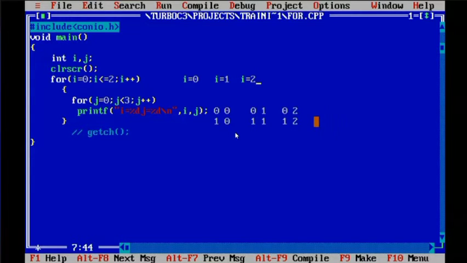Okay, so what will be the output for the next time? The next time the output will be I equals to 2, j as you said, j remains the same. You can understand the matrix now properly. So again j will become 1, I will remain the same, that is constant for this execution, and this will become 2. Now if you execute for 2-3 iterations, you can understand, j value remains the same, 0, here 1, here 2.